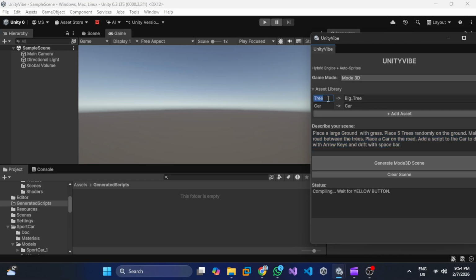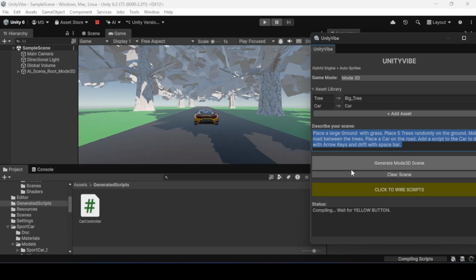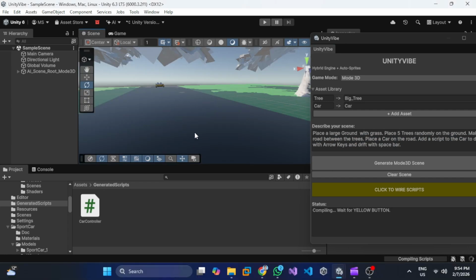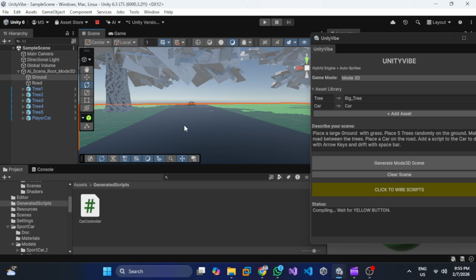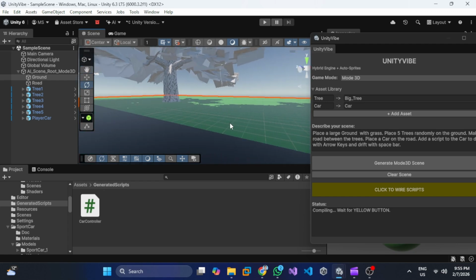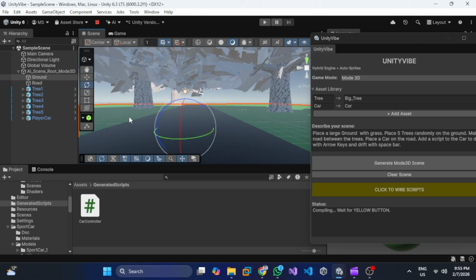over here, and this is the tree and the car prefab located in my resources folder. I have found it over there, and now I'm generating the scene. The scene is generated, and now look around the environment. It is similar to what we described in our prompt,